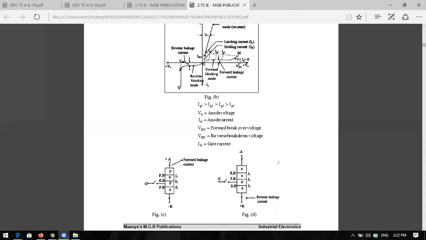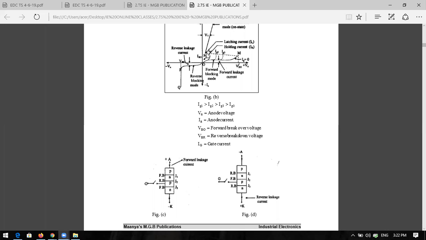What is the breakover voltage? This is VBO. Before the forward breakover voltage, some very small, minute current is flowing in the circuit. That current you can call a leakage current. After reaching this forward breakover voltage, or simply breakover voltage, it suddenly